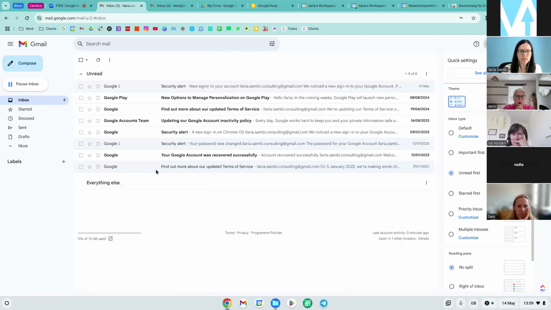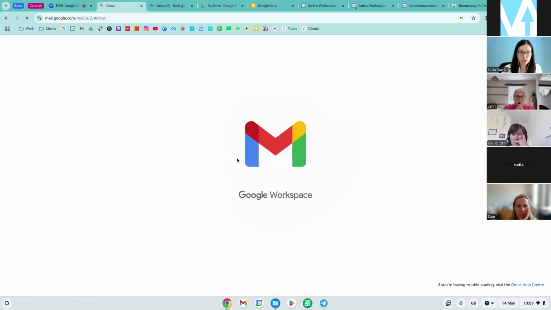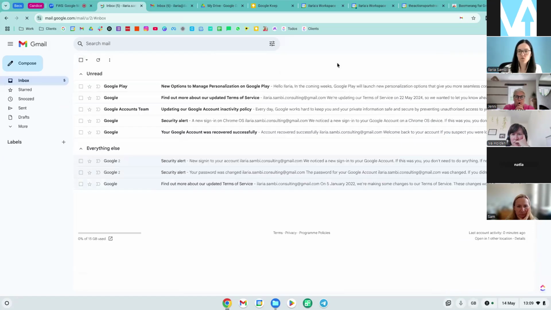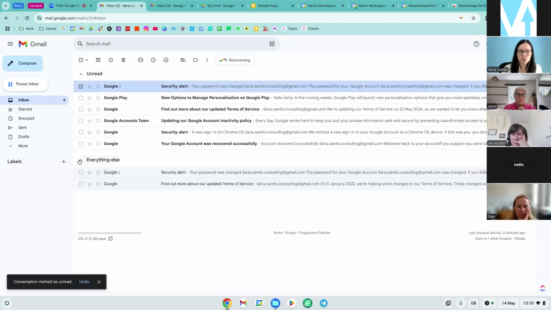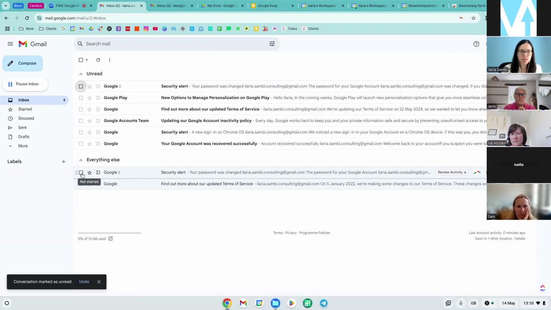So when an email becomes open, if I have unread first, again, I'm going to refresh, and you should see all the unread emails at the top and what are read. And this is so useful, so for you to know exactly what you need to action. What I usually do, if I read something and I don't have time to reply now, but I want to remind myself that I haven't replied, I will right click and mark it as unread. And it will go in the pile of the things that I need to action. This is one system you can use.